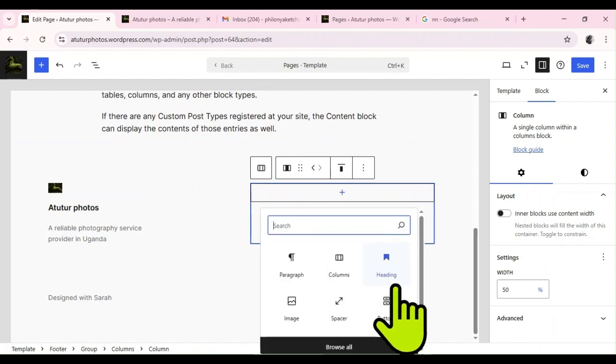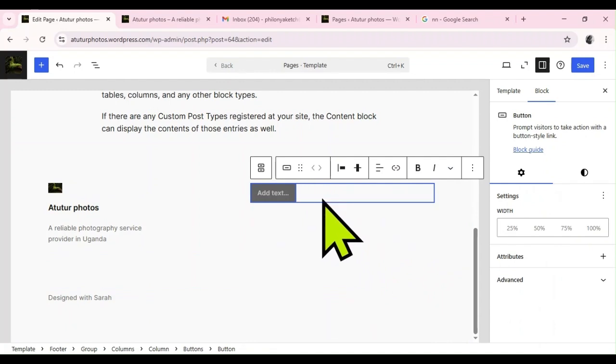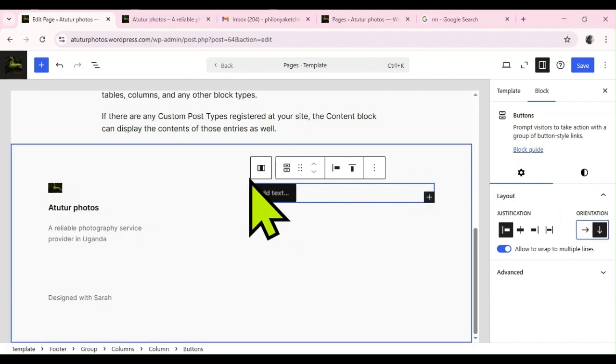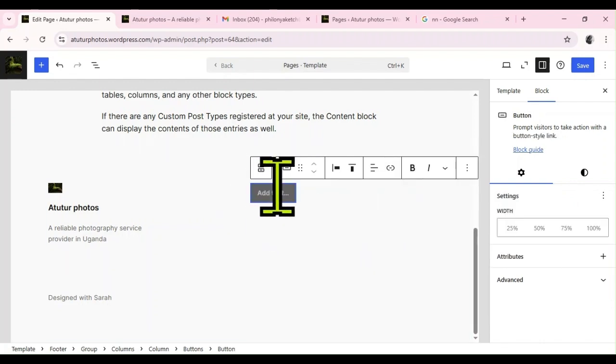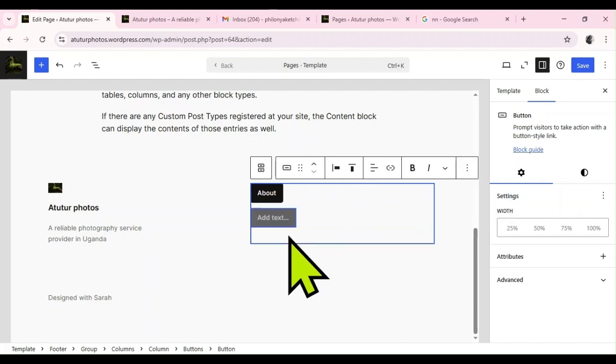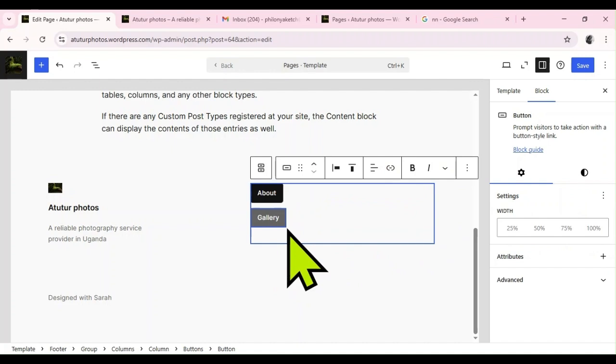For me, I want to put in buttons instead. So I click on buttons and I'm going to change the orientation of the buttons to vertical there. And then I'm going to put here, let's say, about. Then next is going to be gallery. Okay. So now from here,